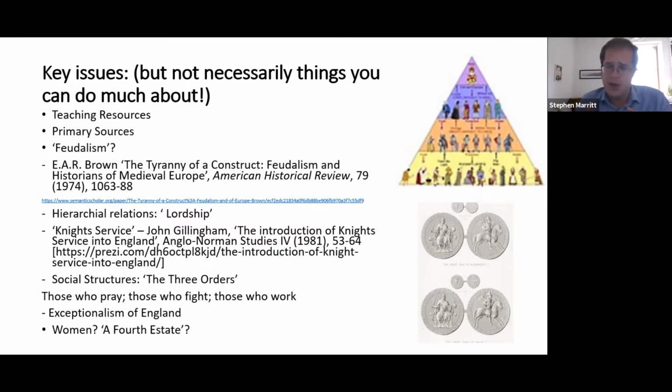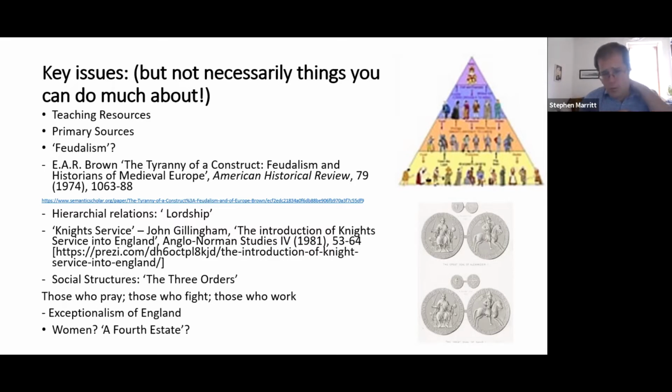He pointed out that the whole basis of the idea that the King of England, William the Conqueror, had created this society where all his nobles held land in return for military service was based on 5 documents, none of which is more than a paragraph long. And in this classic 1981 article, which isn't available online, but there's a great Prezi which is based on it, he took each of those documents apart and he showed that not one of them actually demonstrated what historians had claimed to that point it did demonstrate. None of them used the word fief, for instance. None of them used any version of the word feudalism.